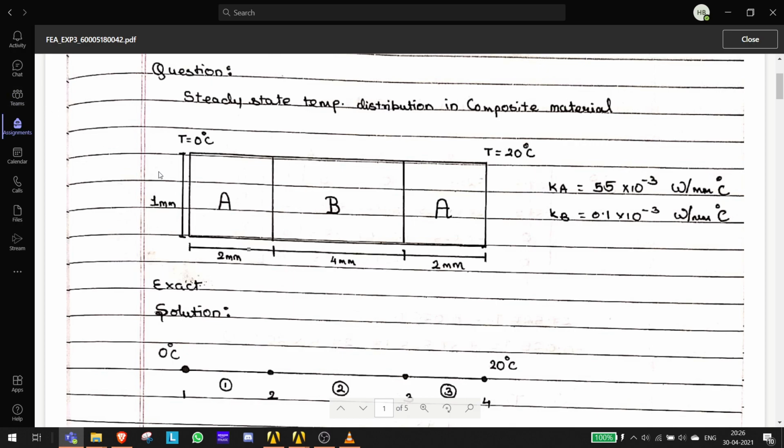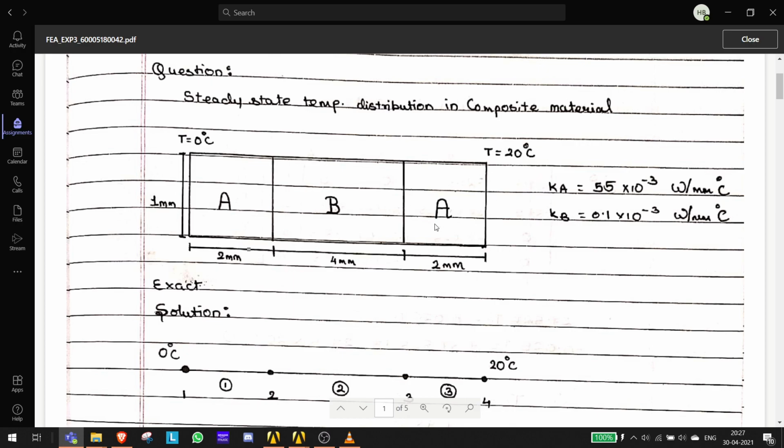Today we'll be performing thermal analysis of a plate. So a plain plate, and it won't have any thickness. It's just a plain thin film. You can take it as a thin film. So the temperature distribution will be checked here, and it is given that the first end is at 0 degrees Celsius, and this end is maintained at 20 degrees Celsius.